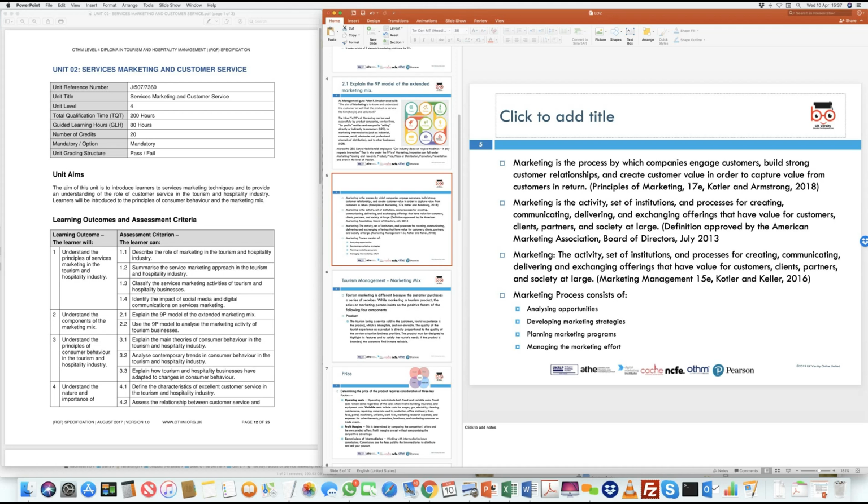So, that decides place. And then they start to look at the extended mix of things like physical presence, process, packaging, how you're packaging the holiday. So I'm not literally saying packaging, but how you're packaging the holiday. So sometimes when you book holidays, you see, okay, we'll give you 200-pound vouchers worth, free, or you get this if you book the hotel with us free. You book 5 days, you get the 6th day free. You book 7 nights, you get the 8th day free. So these are ways through which they are packaging the product or the promotion, and that requires a certain amount